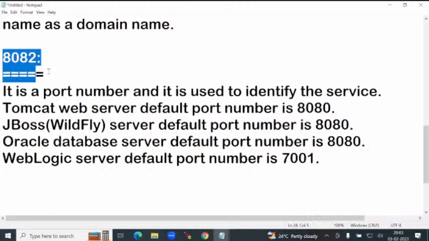So Tomcat web server default port number is 8080. In my system it was not working, so I changed it to 8082. While installing, I gave 8082. But after installing, if you want to change, how to change? See,